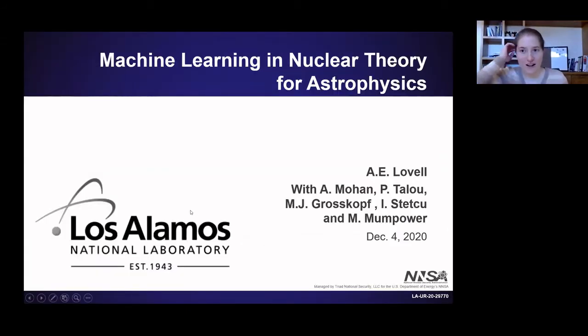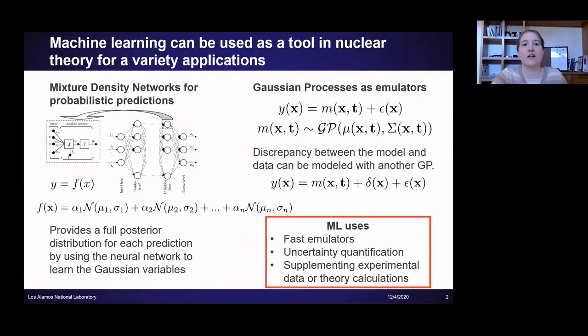Thank you to all of the organizers for having me here and giving me a chance to talk about some of our machine learning work, and about how we can use machine learning as a tool, particularly in theory, for a variety of applications. Though I'm going to show some fission applications, which of course is relevant to some astrophysical calculations, I'm going to try to give a bigger picture of where in general we can use machine learning across the board. This is generally thinking about machine learning in a couple of different ways, particularly as fast emulators, either because our calculations are too slow and we want to speed them up, we want to do good uncertainty quantification,